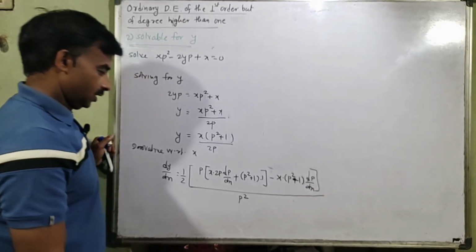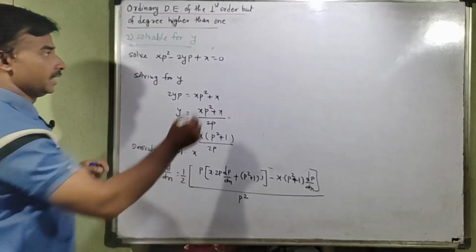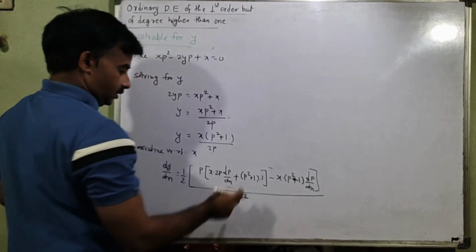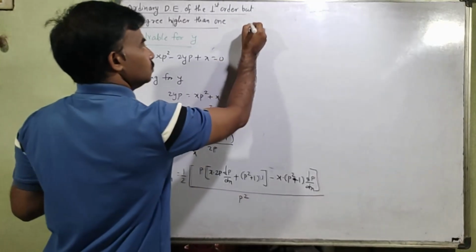Okay, and p square, this is divided by dx, is nothing but p, and therefore you will get p square into p, that means p cube, and 2, that means 2p cube